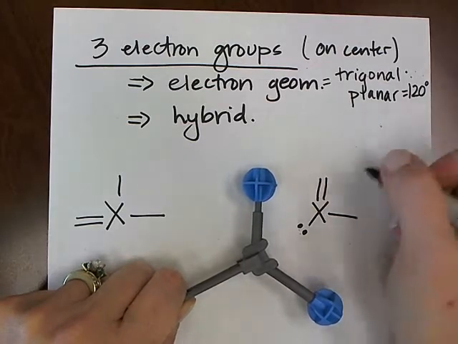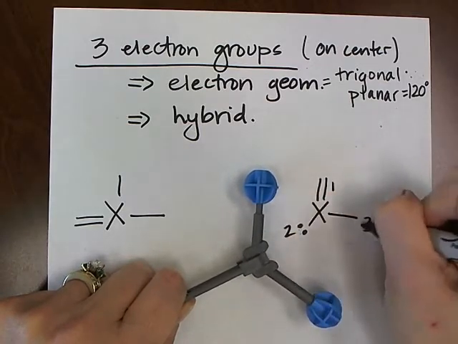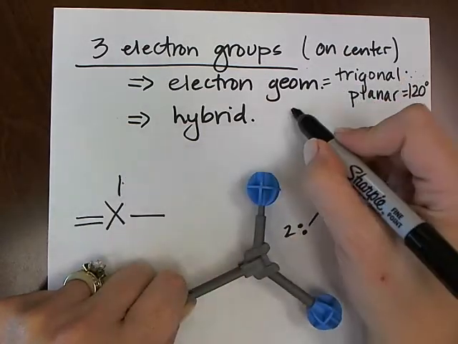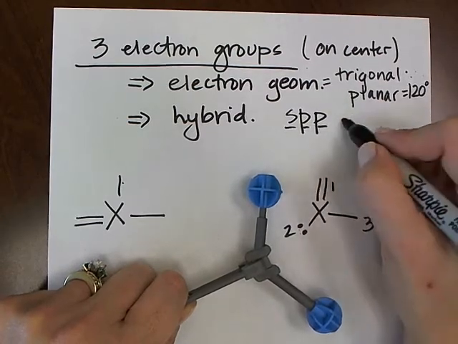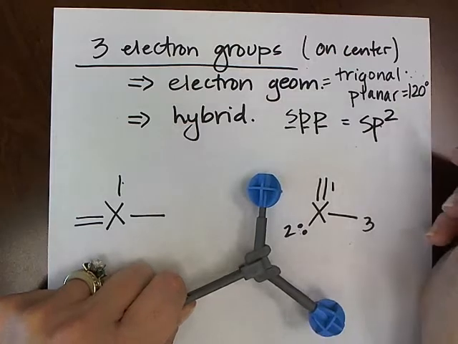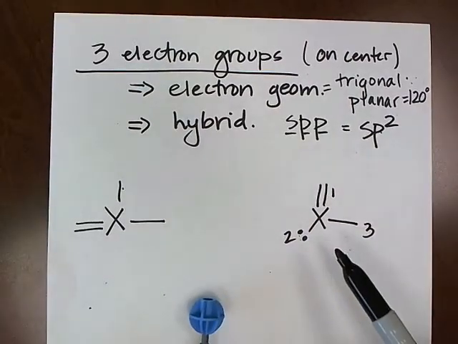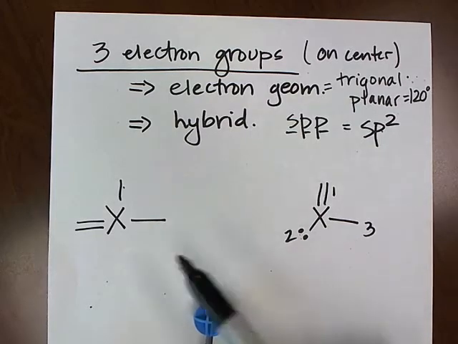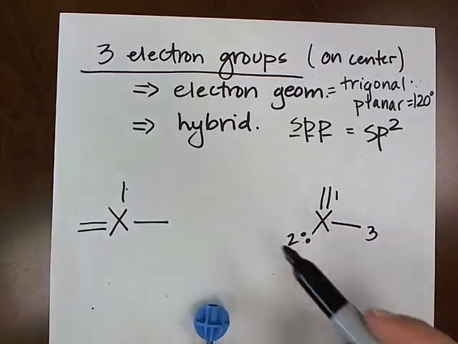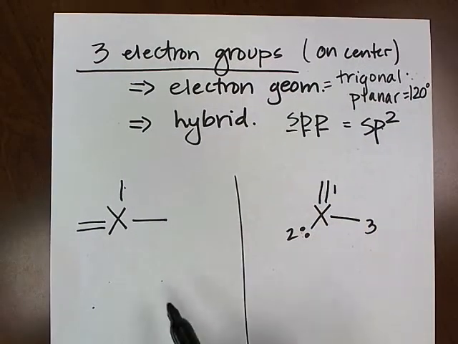And the hybridization is 1, 2, 3, sp, p, 1, 2, 3, and that's written as sp2. So both of these are going to be using in the structure sp2 hybridized orbitals,